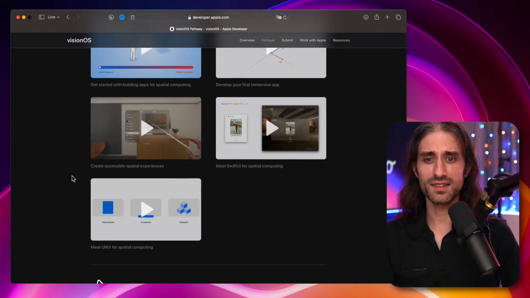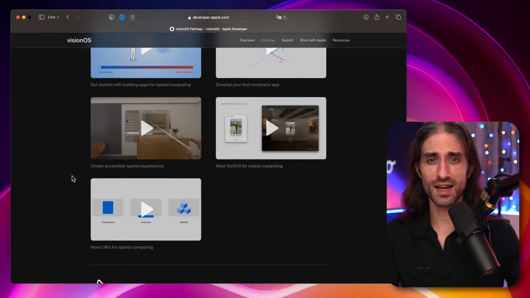How do you make accessible spatial experiences? That's an even more important topic, because since you can only interact with your hand but not touching actual hardware, it's very important that the app responds as the user expects, because if it's not the case, since you're not touching anything tangible, it can be very hard for the user to course correct.